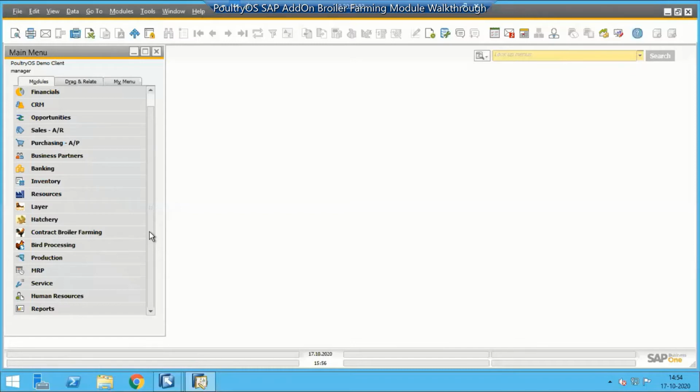Hello everyone. So now we will be looking at the broiler module from the Poultry OS add-on. Again, this broiler module is completely integrated into SAP. It has all its effects like inventory, cost, and other calculations directly posted into SAP, so we don't need to do any double entries. Ganesh will quickly take us through all the flow and screens, and then we will ask him certain questions which will give us more details about this module. Yes, Ganesh, please explain the flow.